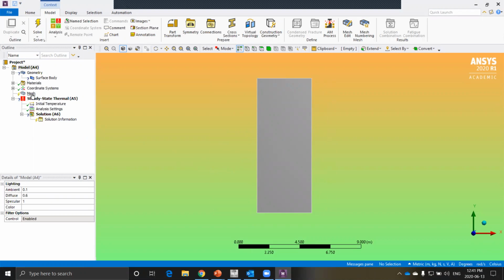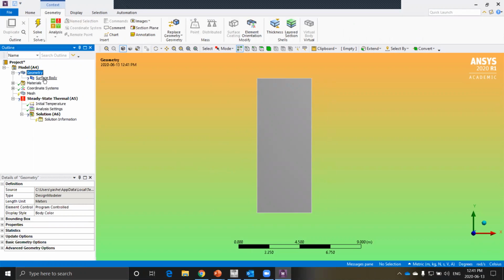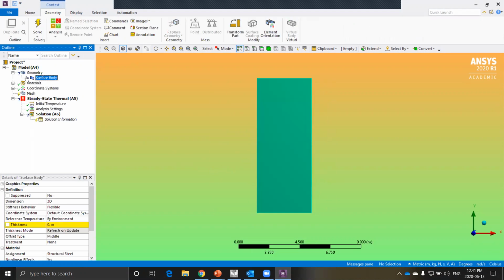Okay, one thing is, as you can see, there's a question mark in front of Geometry and Surface Body. Let's go there and see why this is. If a component is complete and ready to go, there should be a green tick in front of it. The problem is there's no thickness. But for now we want to do a 2D analysis, so ideally there shouldn't be any thickness. We already have a surface.